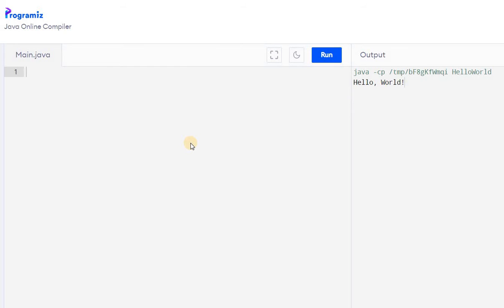Menu driven in the sense you will be given 5 options. It will be displaying 5 options, 1 for addition, 2 for subtraction, 3 for multiplication and 4 for division, and there will be a 5th option, exit. So when you press exit, your program will be exiting. Till then your menu will keep on repeating.